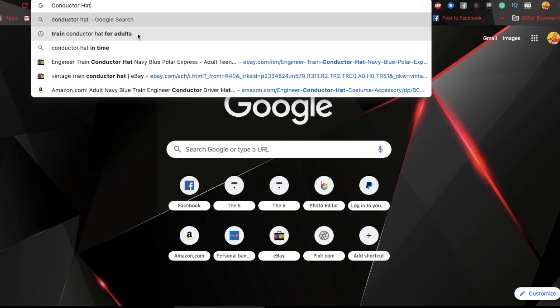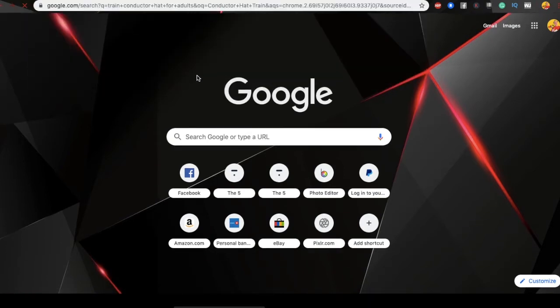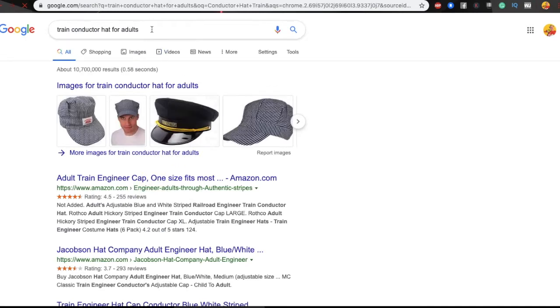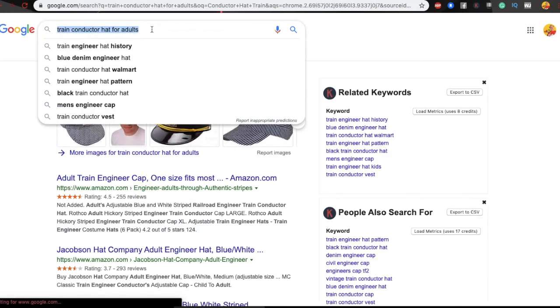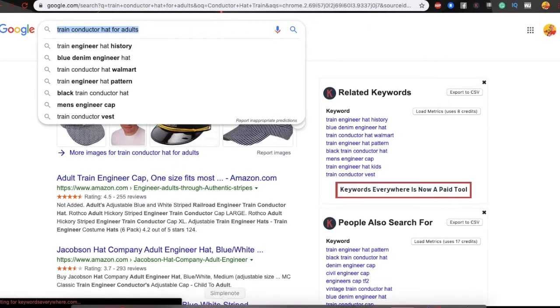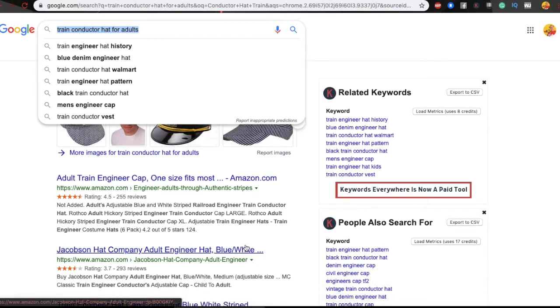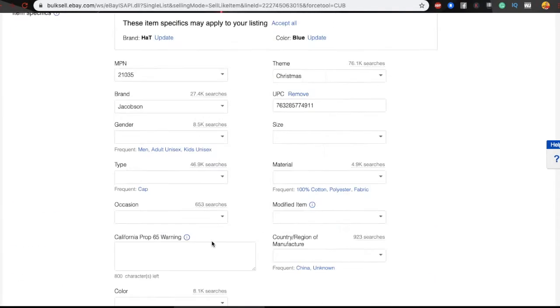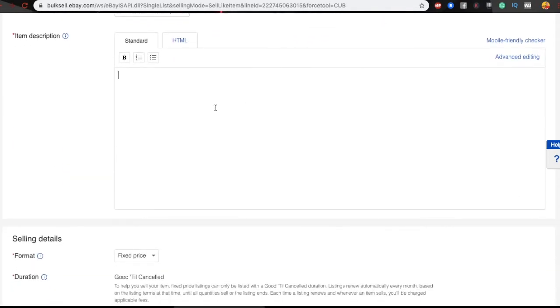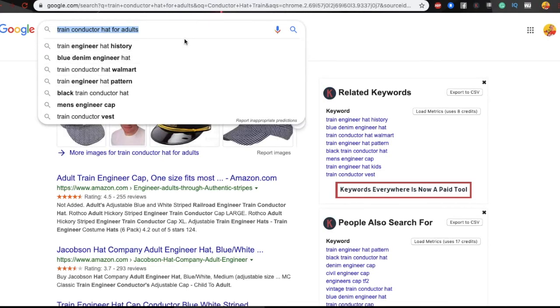I would consider this as a good keyword because Google says it's a good one. It first appears on the screen when I was searching for conductor hat. What I'm doing now is I'm going to go to my eBay and, just for the moment, paste it here, right? Just to collect my keywords. This is one of the keywords. Then I go back here and